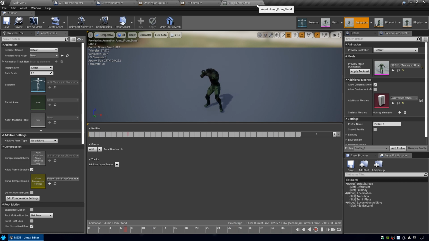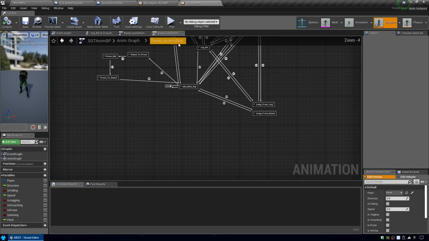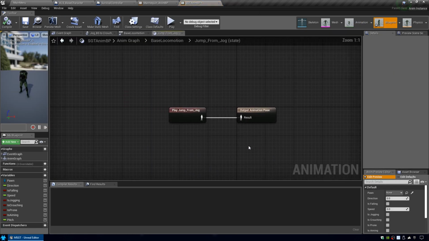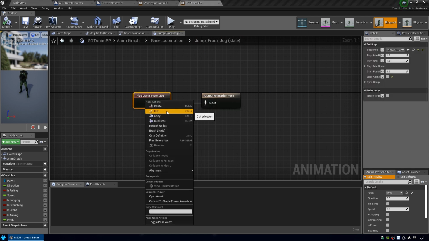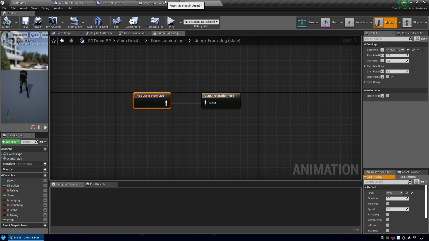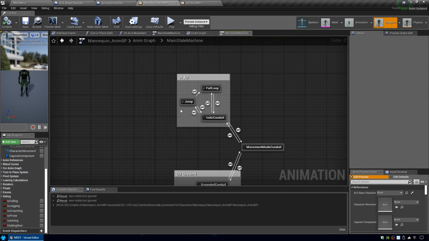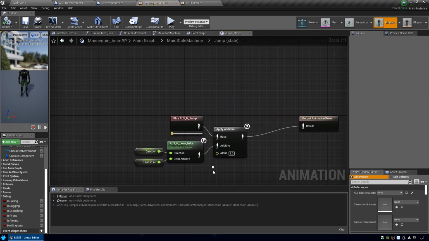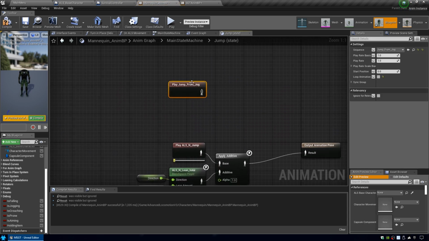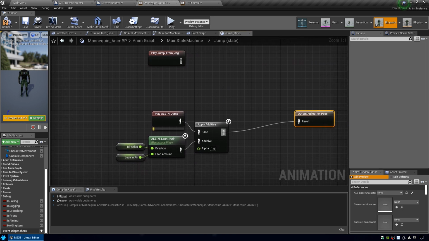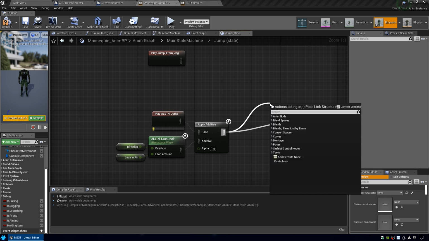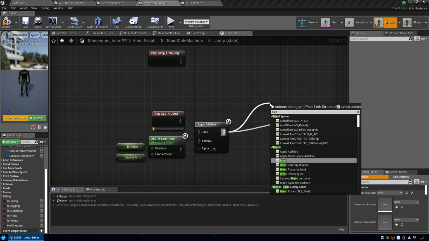So I don't want to use the jump from stand. Let's try first with this jump from jog. Just right click, open up jump from jog, right click on the play jump from jog and copy that. And then we're going to go back to the mannequin BP, and in that state machine, go to jump and then paste that back in there. And all we'll be doing is first, we're going to be doing the drag off of apply additive, blend bool,